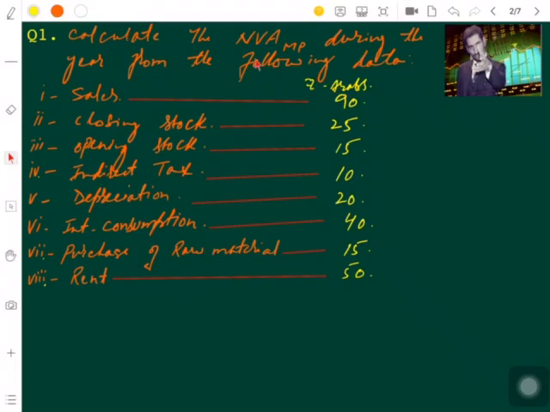So what we are being asked to calculate is net value added at market price. We will have to look into the particulars first, what we would require. What is the formula? Before we start calculating, I'll show you stepwise how it is to be done. The solution will be like, we will look first for value added, which is equal to output minus